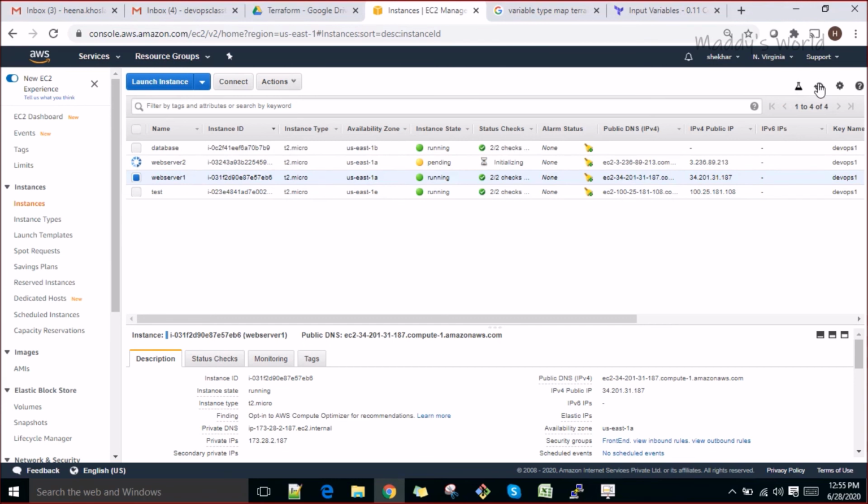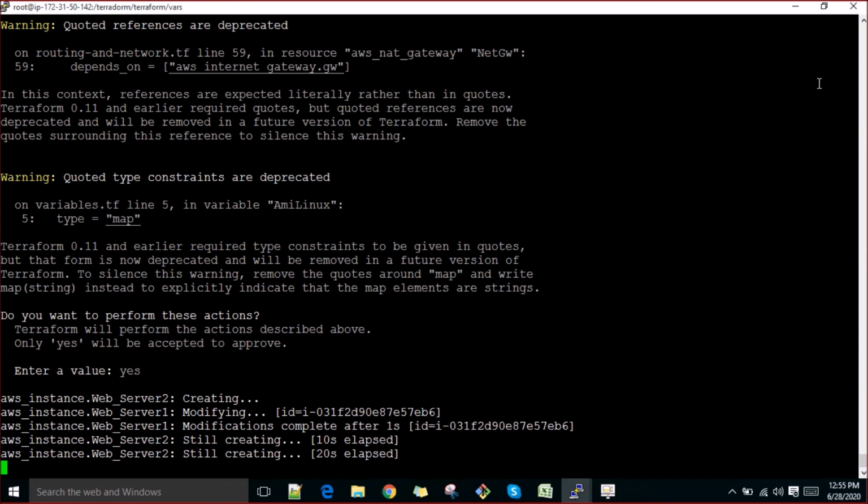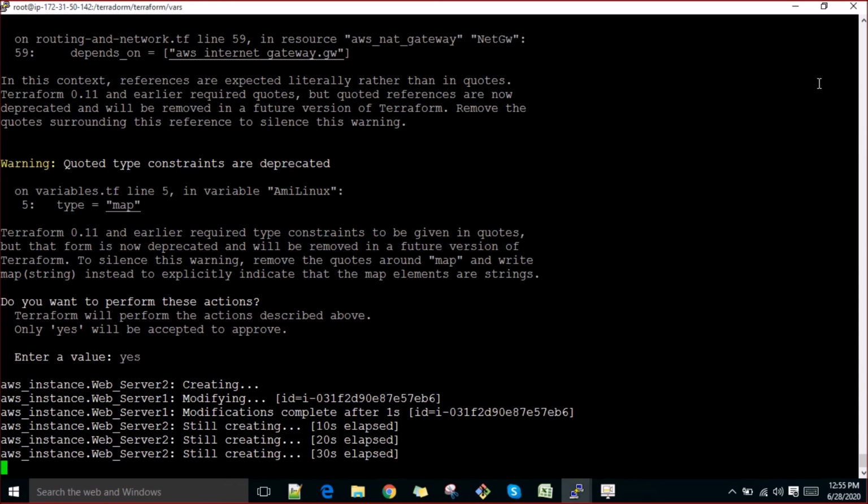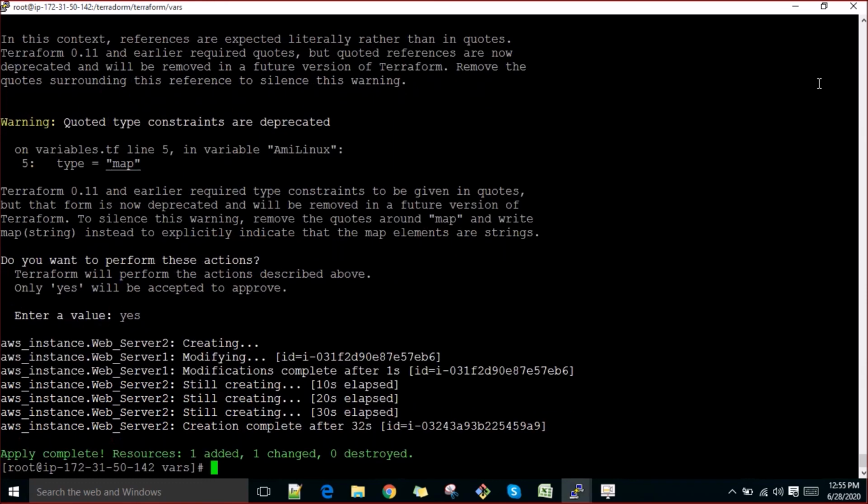That's how Terraform makes your life very easy from the point of view of administration, or you can say minimizing the errors, right? In case you have a development environment and want to destroy it too, it takes very little time.